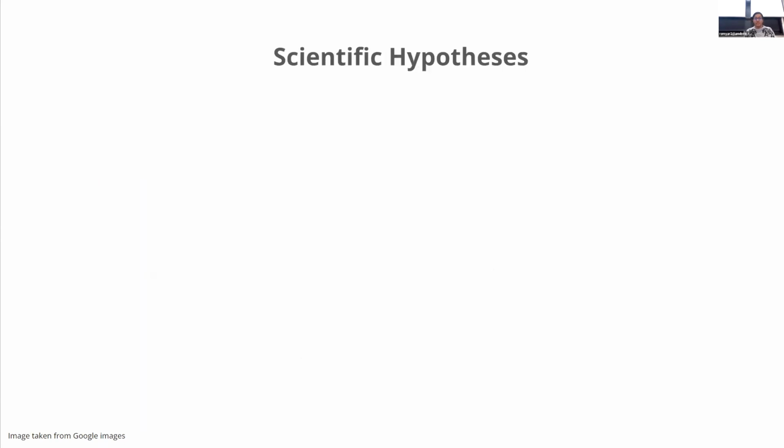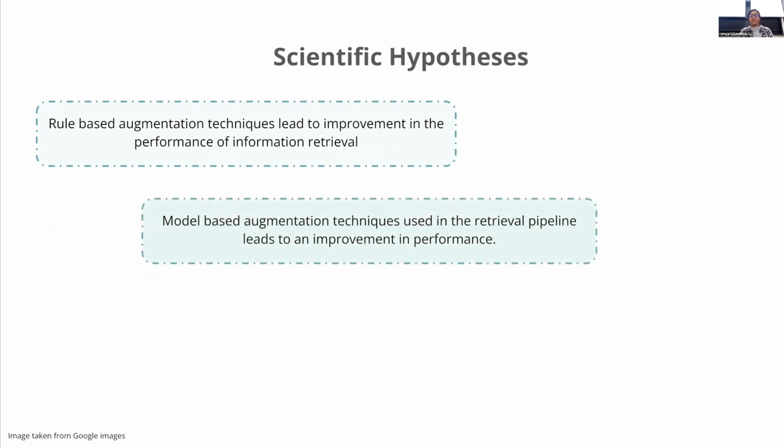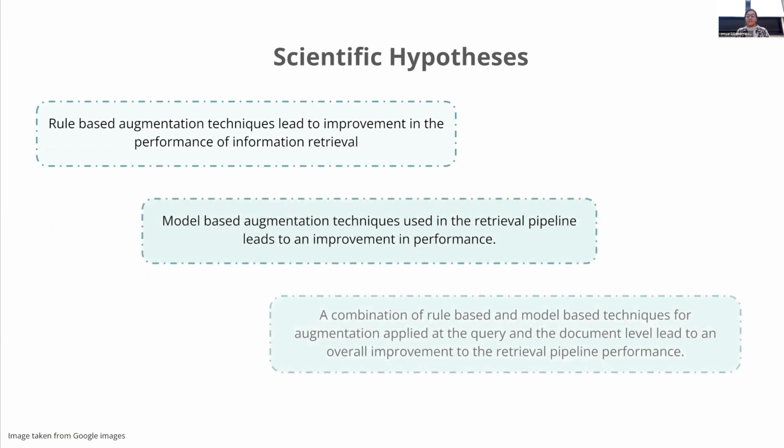the next few slides. We hypothesize that rule-based augmentation techniques can lead to an improvement in the information retrieval pipeline. Model-based augmentation techniques can also lead to an improvement. And finally, a combination of the rule-based and model-based techniques applied at both the query and document level can lead to an overall improvement in the retrieval